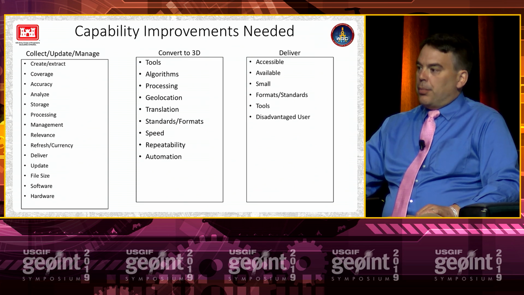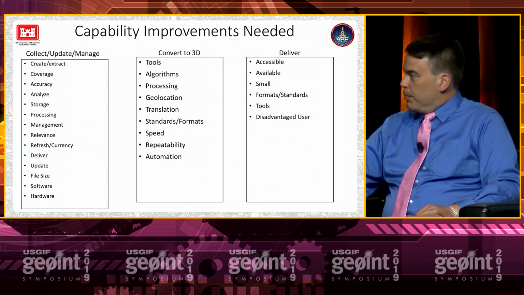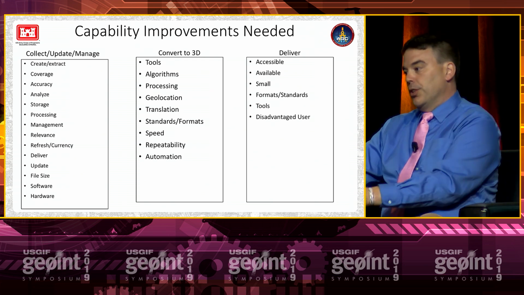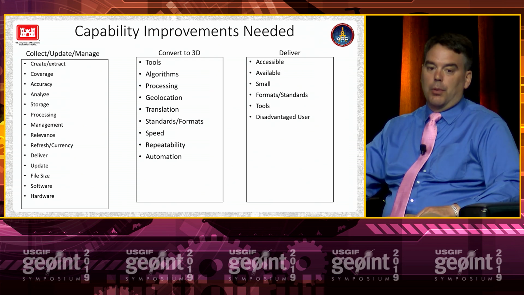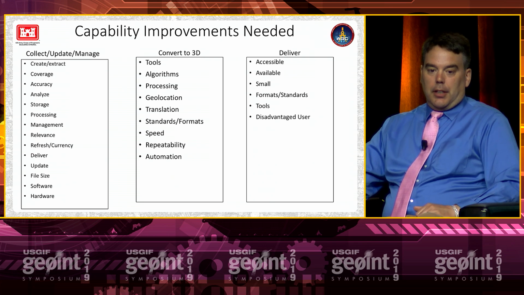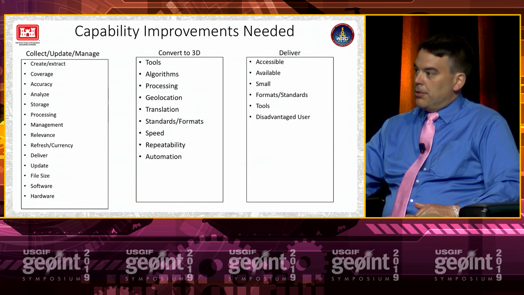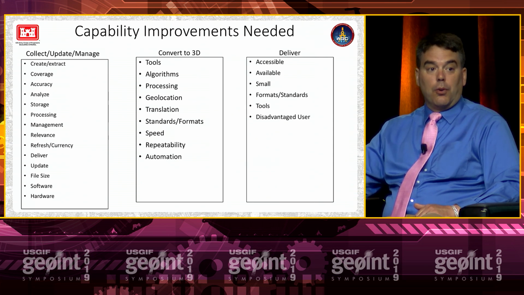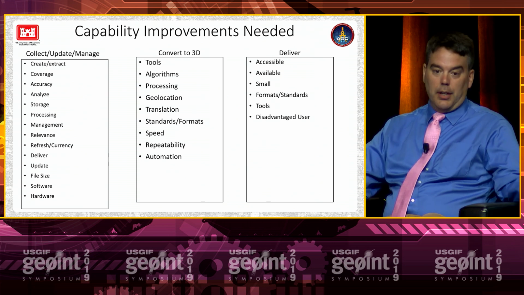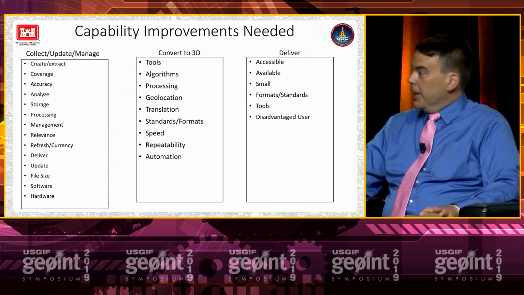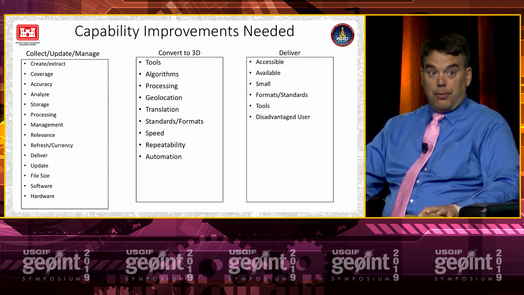We are all gonna need to work together if we have a chance at meeting this kind of a capability. Some of the capability improvements really fall across that spectrum from creation to use that Meida had in his slide from One World Terrain. So if you think in the collect, update, and manage, there are challenges: if you collect data from a drone, how do you process that data into a 3D model? Does that data get perpetuated across the organization? Is that something that you want to take a small local drone collect, and how do you get it into a global data set and perpetuate it across for everybody to use?